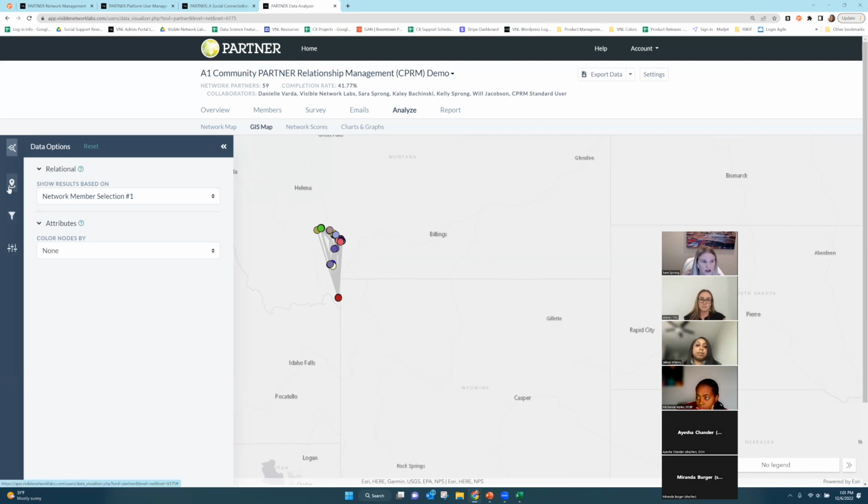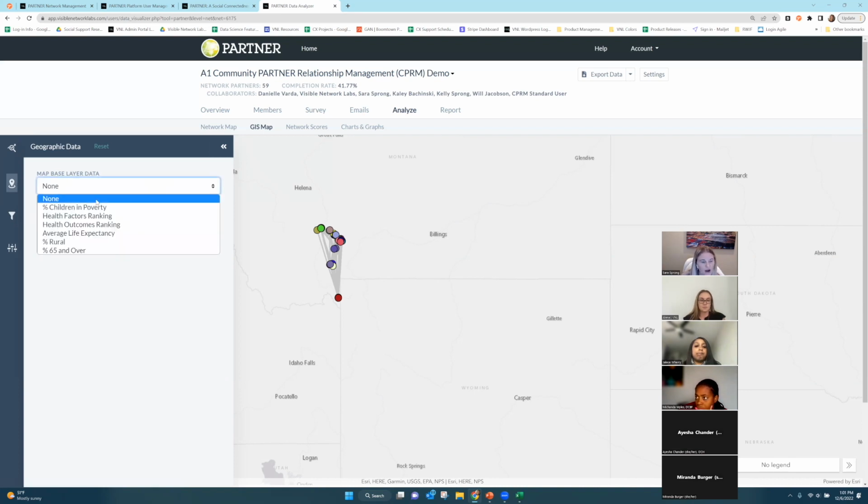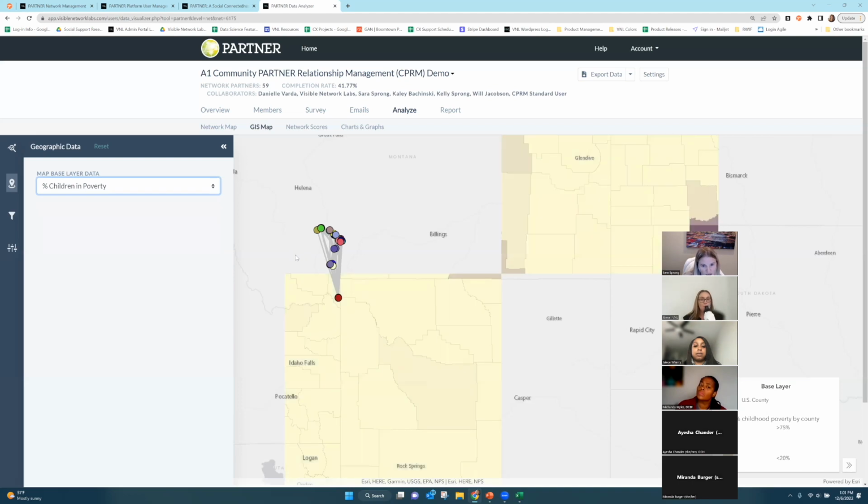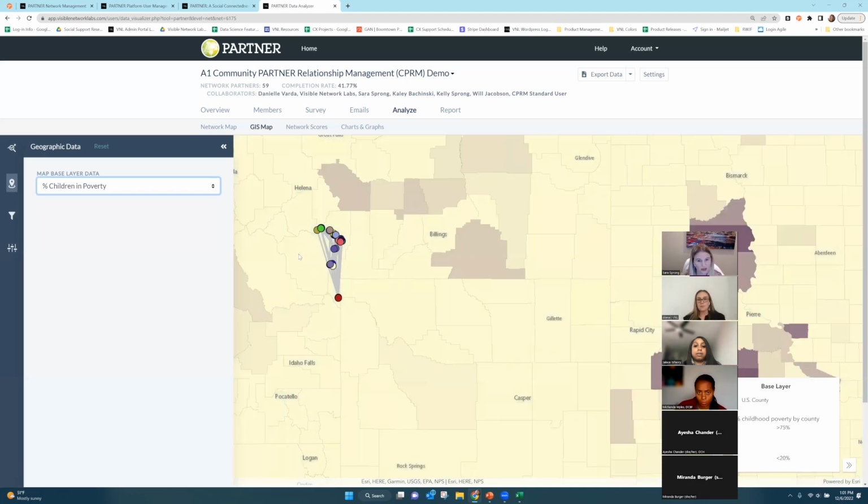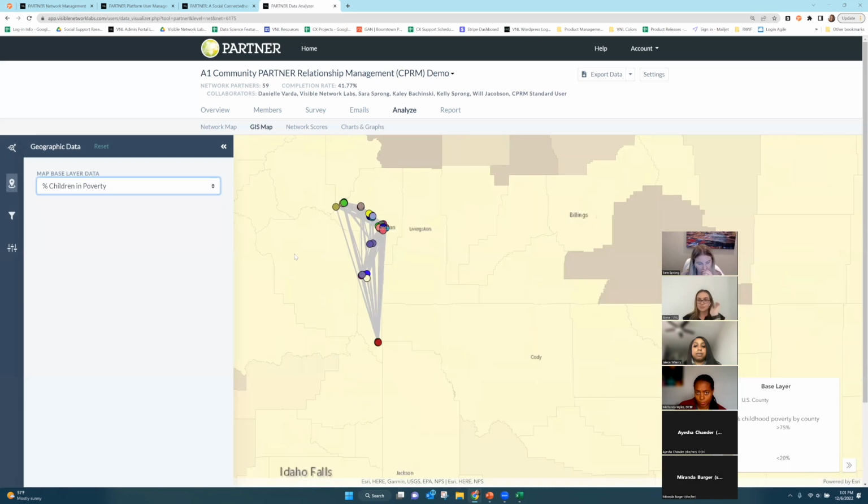Another way is we do have some base layers. There's only a couple in here right now. And this was from the 2019 CHR&R County Health Rankings and Roadmaps data set. So we have percent children in poverty, their health factors ranking, outcomes, average life expectancy, age, and then if they were rural or urban. And so you can look at that as well, depending on what you're working on, to see, okay, are we covering